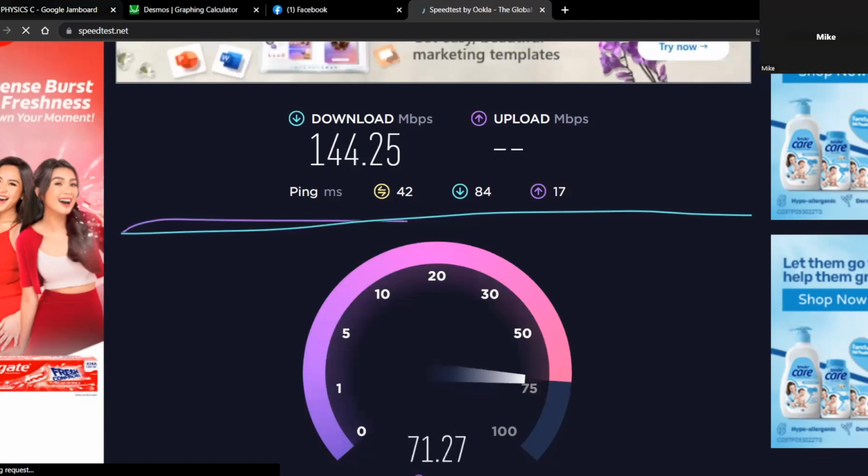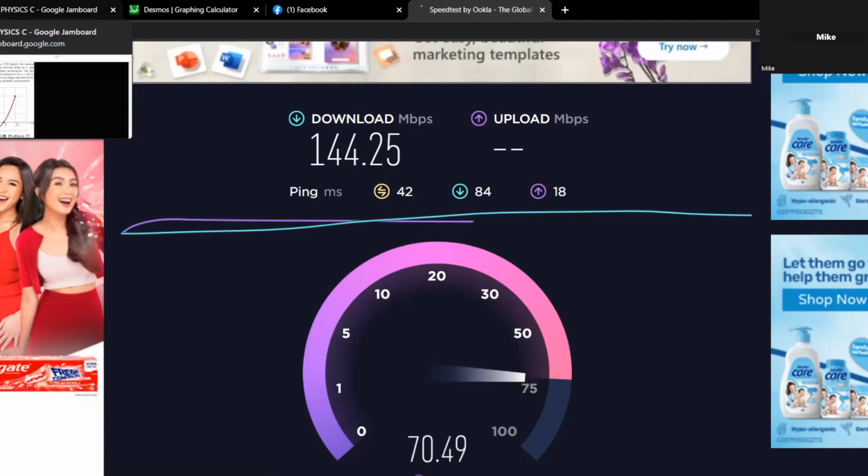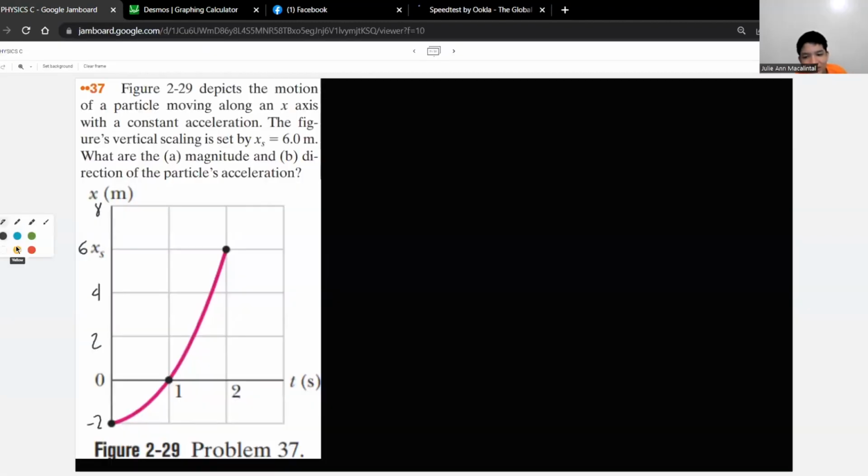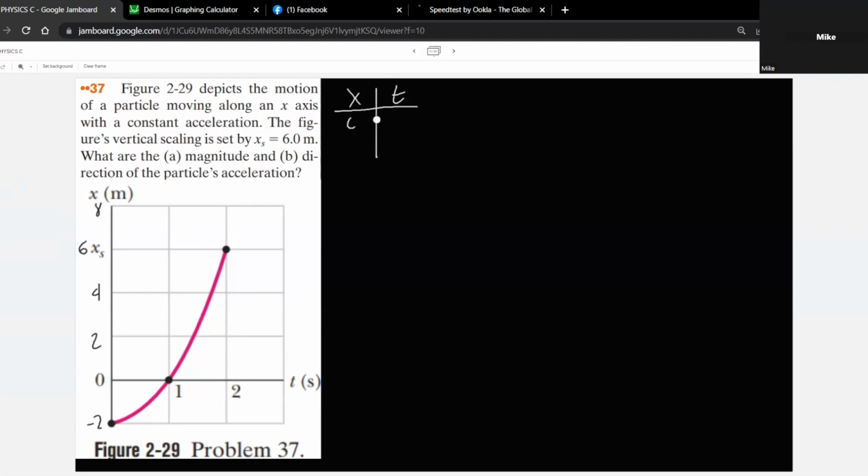O sige. So balik tayo dun. Mukhang okay naman. So ngayon, balik tayo dun sa equation na yan, sa problem na yan. Gawa kang table ng x versus t. I think useful na gawin mo yung table muna. So when t is equal to 0, x is equal to -2. Tapos when t is 1, x is equal to